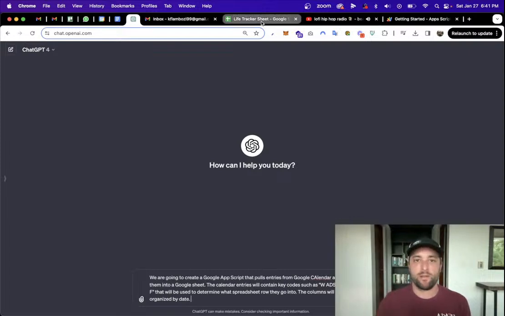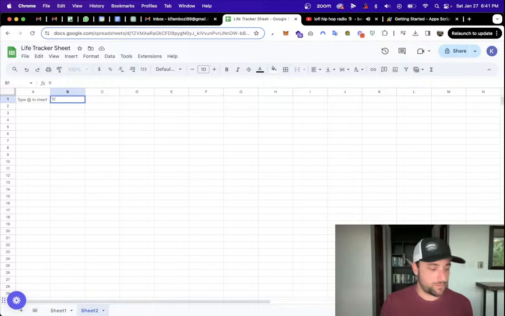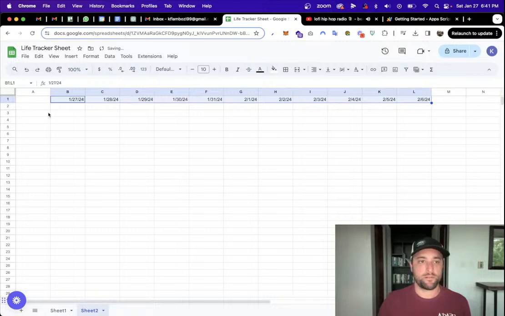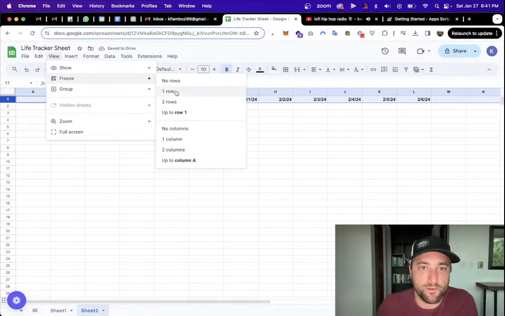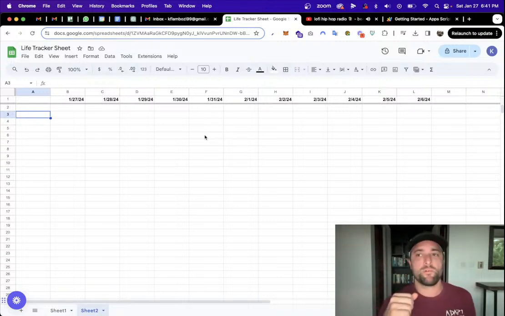All right, so I think the best place to start is building out what the sheet's gonna look like. So the first page, what is today, the 27th? The first thing we'll do is throw some days in there. I always bold and freeze the first row. And then over here, we're gonna have our categories. We won't do the full set I did before because this is a demo and I just wanna make it kind of simple for you guys, but